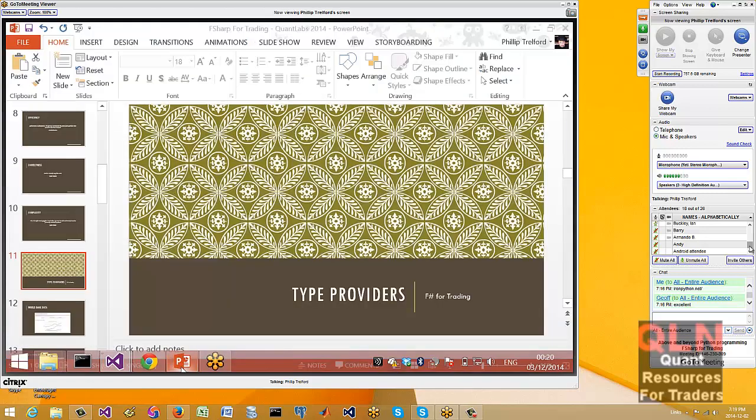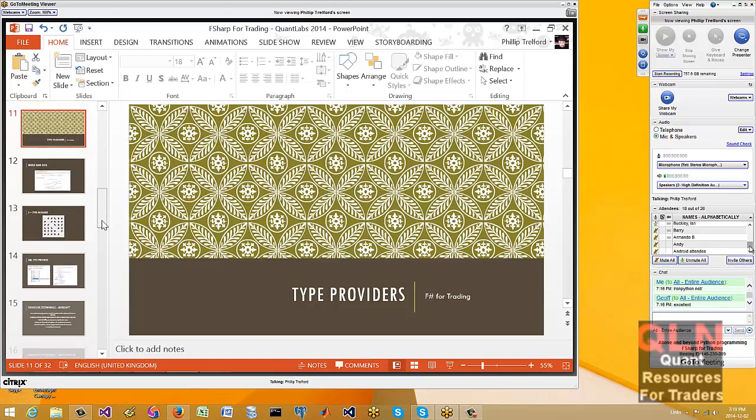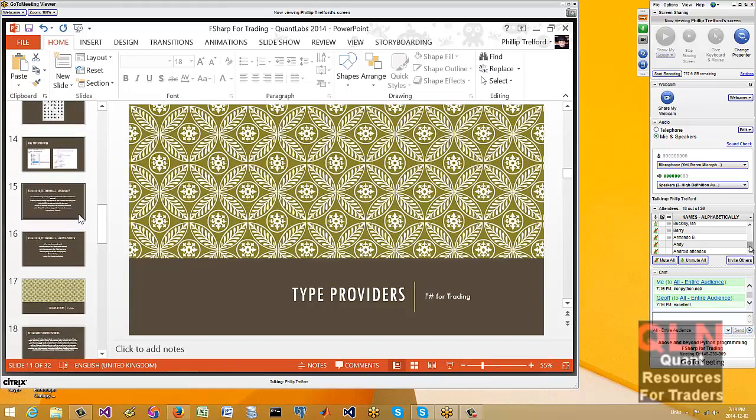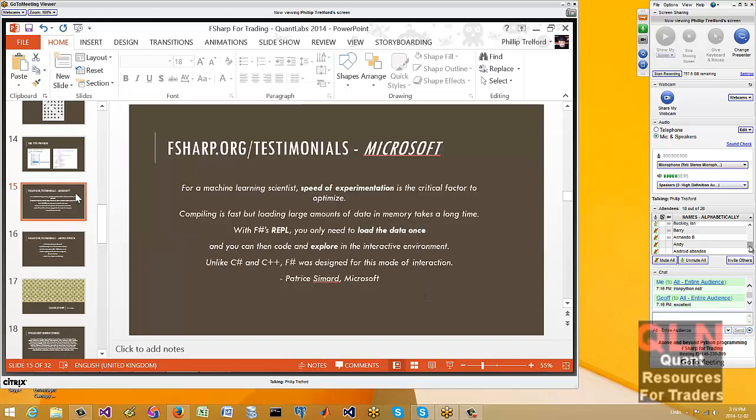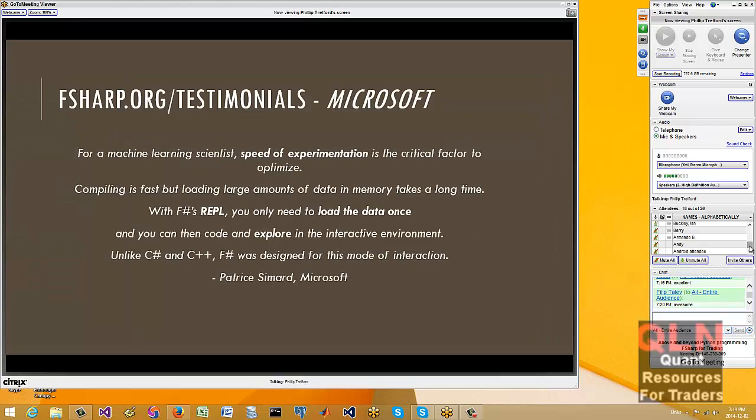I'll just pop back out to the slides for a sec. So before I move on to the next section, I just thought I'd give you a couple of what other people have said who are using FSharp for big data tasks. So this is a testimonial from one of the guys at Microsoft, a machine learning expert, and he's highlighting the speed of experimentation there, which I think you can see, just the ability to use the REPL to connect to data really quickly is huge.